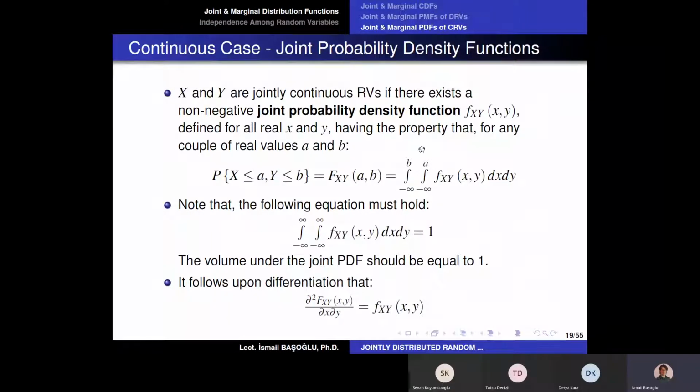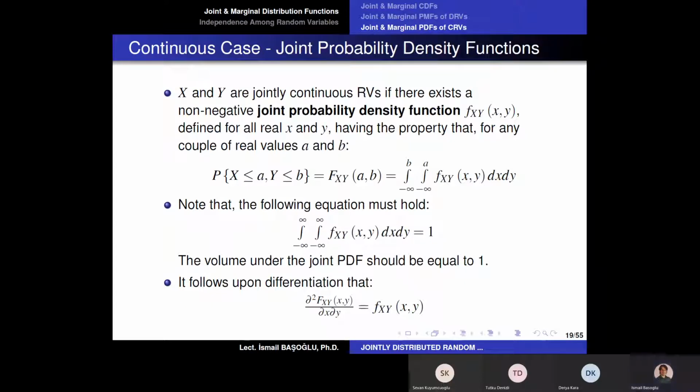And that integral, the above integral here, is showing me the total volume under the function for x values that are less than or equal to a and y values that are less than or equal to b. So this is calculating the total volume only in that region, okay? However, we need to run a double integral because we are calculating a volume under that function, not just an